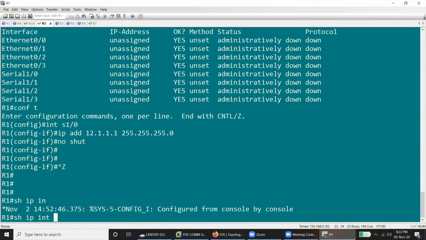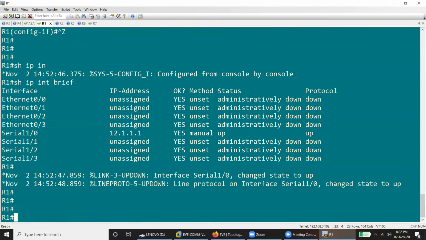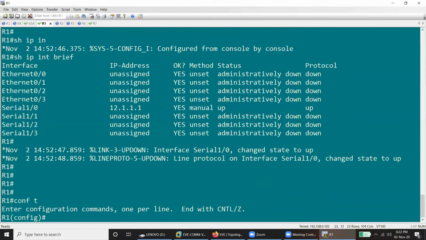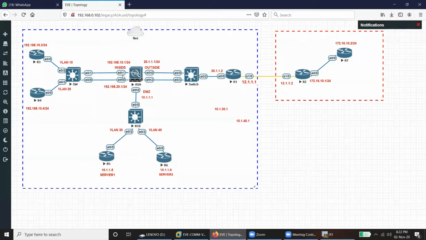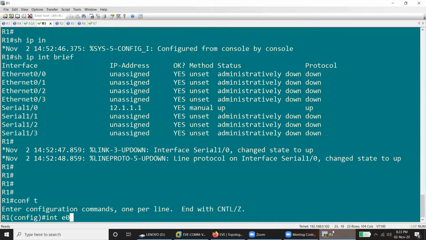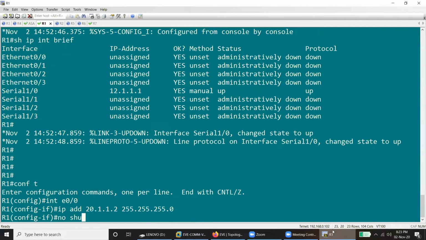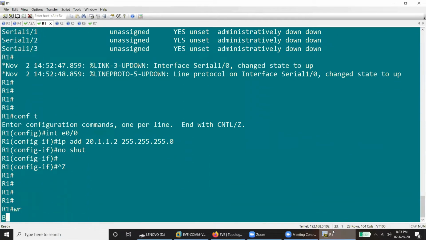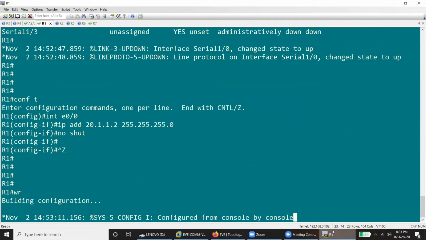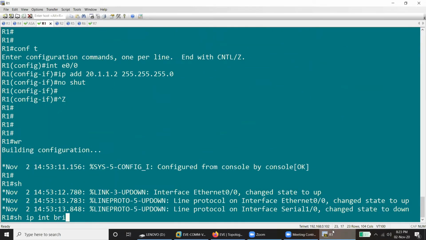Show IP INT brief. So R1 is configured for S1/0, E0/0, 20.1.2, 255.255.255.0. So when I say show IP INT brief,